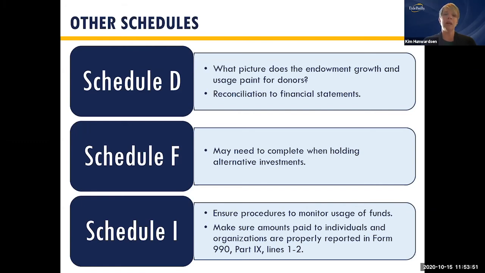Schedule D also will have a reconciliation of the tax return back to the audited financial statements. So boards are typically seeing that audited financial statement at the completion of the audit. They're seeing the normal financial information on a monthly basis. This is a connection between the audited financial statements and the 990 because there are some things that are reported differently between the two.